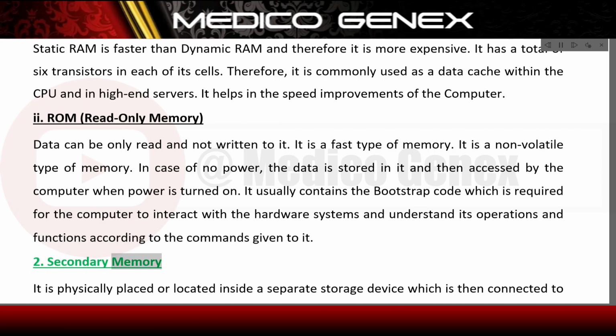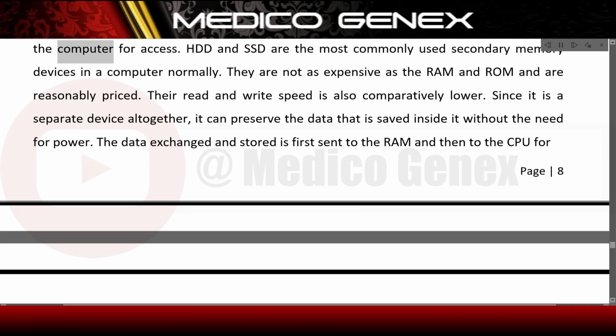2. Secondary memory. It is physically placed or located inside a separate storage device which is then connected to the computer for access. HDD and SSD are the most commonly used secondary memory devices in a computer normally. They are not as expensive as the RAM and ROM and are reasonably priced. Their read and write speed is also comparatively lower. Since it is a separate device altogether, it can preserve the data that is saved inside it without the need